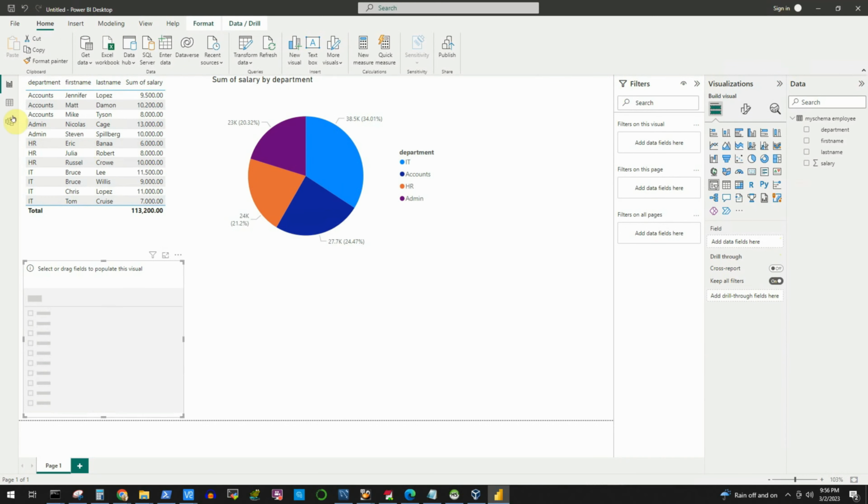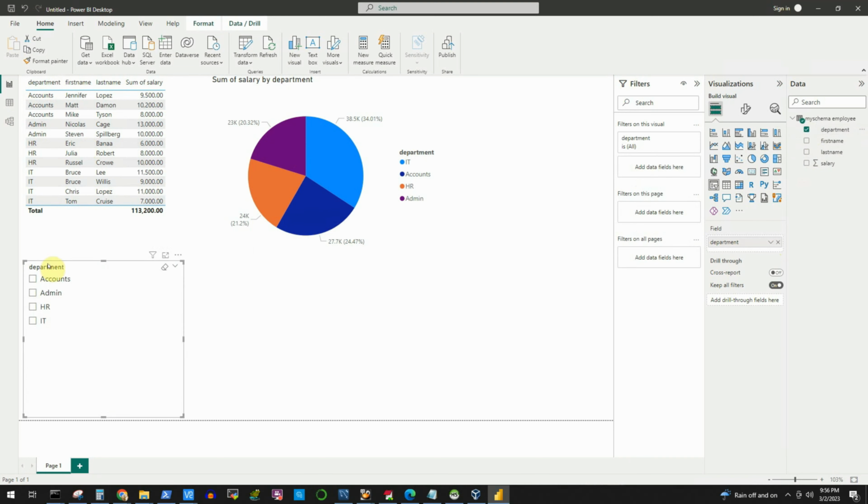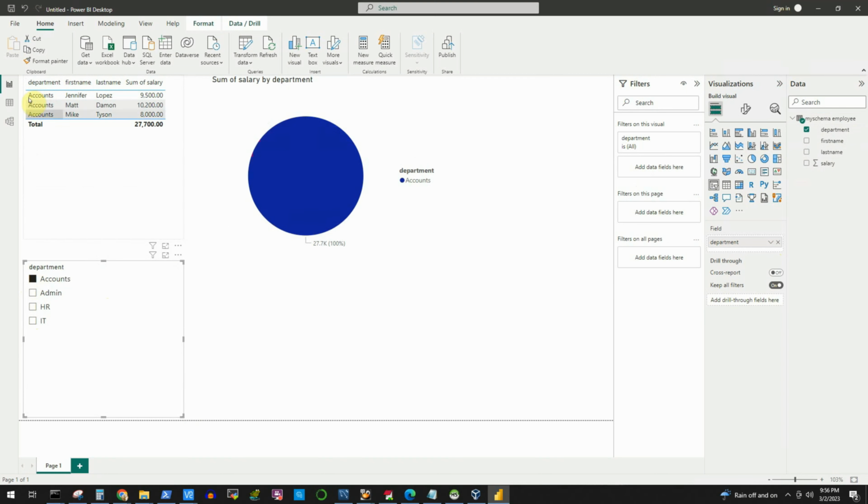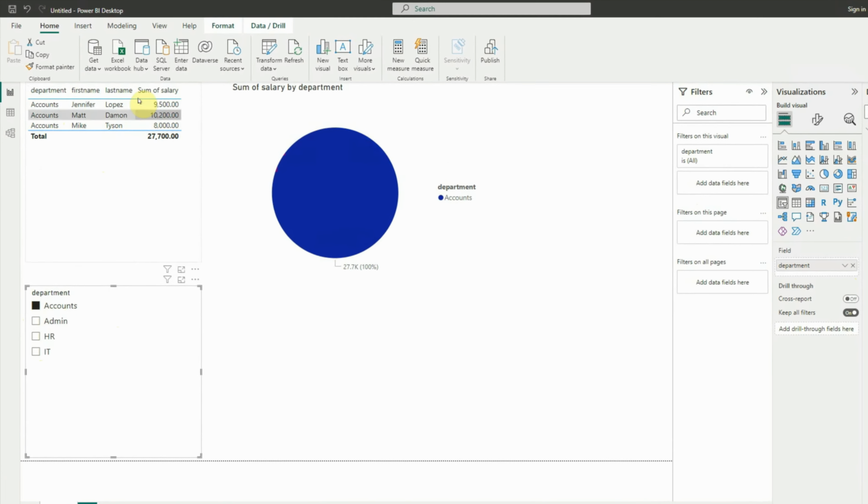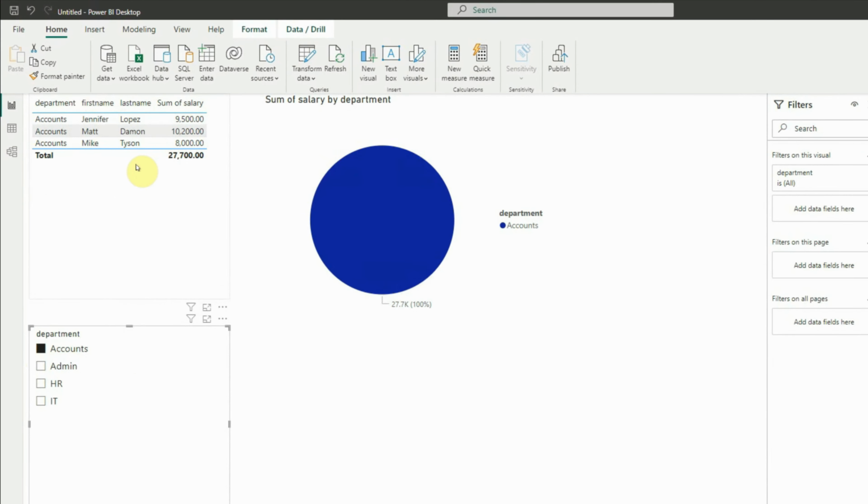So what we want to filter here is the department. Select the department here, and the departments' information is available. Now you can see that, say, if we want to select the data only from the accounts department, select the accounts, and you can see that the employees now displayed there belong only to the accounts department. And also this pie chart has changed to a complete circle, which is showing us information only related to